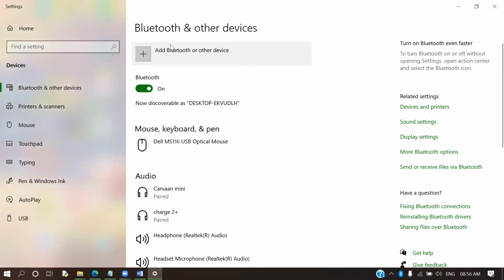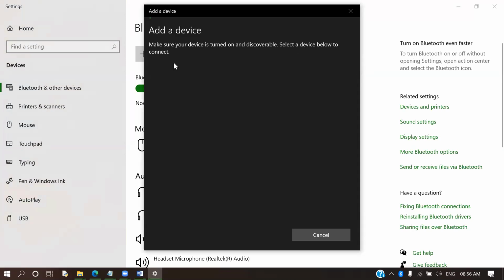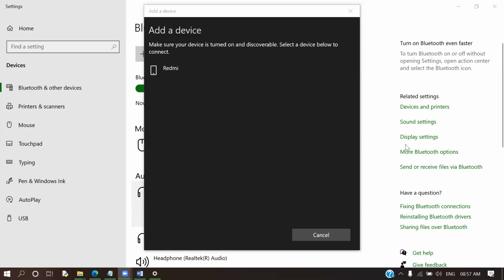Now I'm going to search for my device. It's taking a lot of time actually. Yeah, so it has shown Redmi.